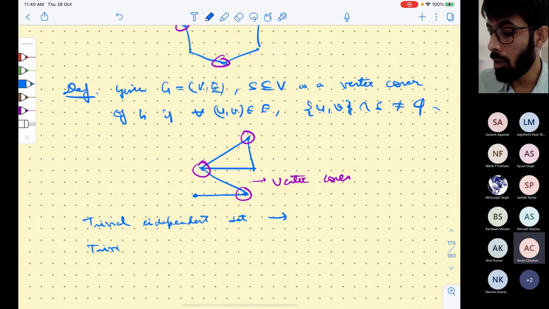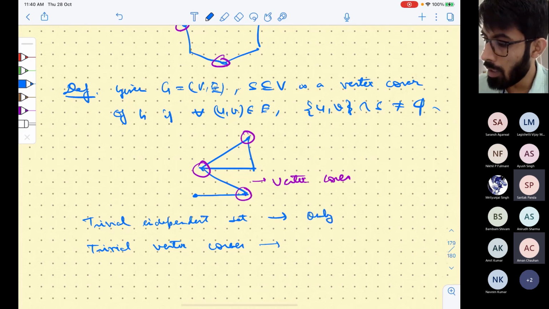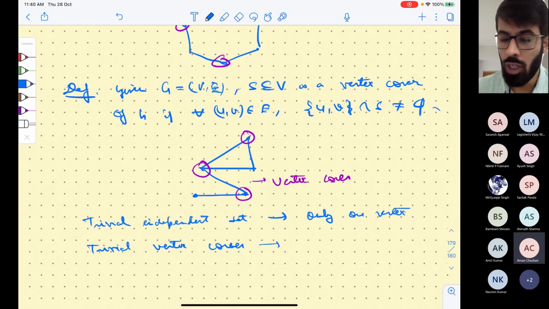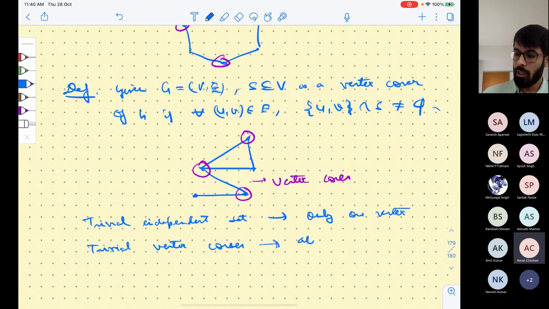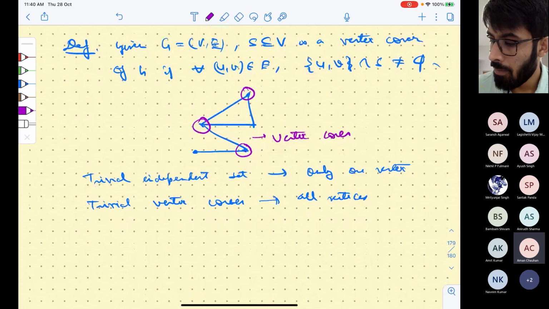And what is the trivial vertex cover of a graph? Only one vertex is independent. Only one vertex, yeah, that is going to be independent because of course there are no edges. And what is the trivial vertex cover? All vertices. All vertices, right. So vertex cover is generally